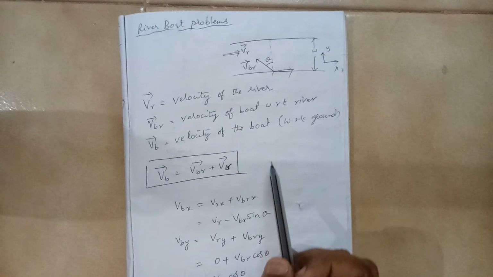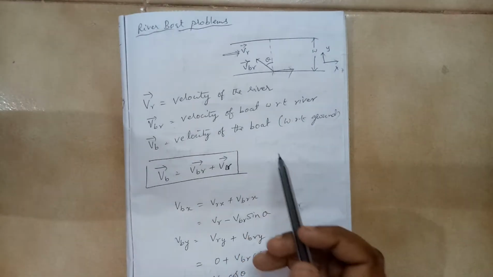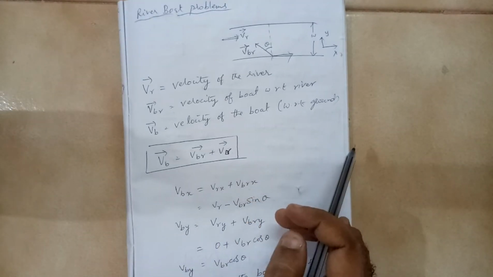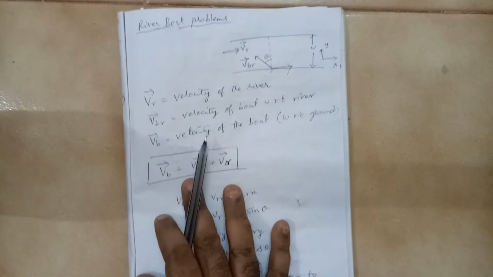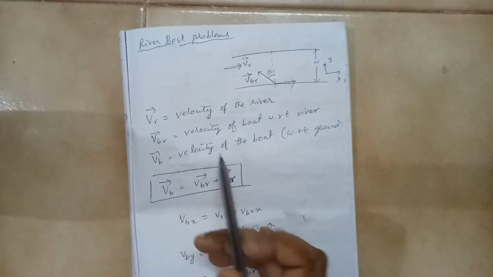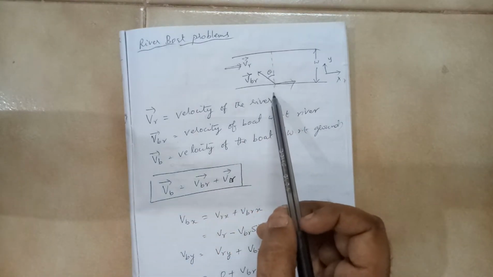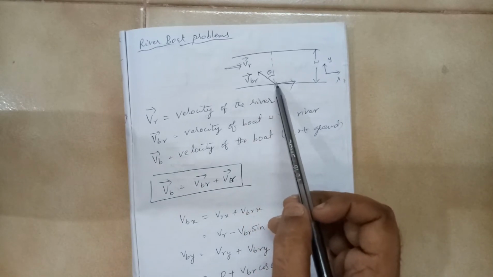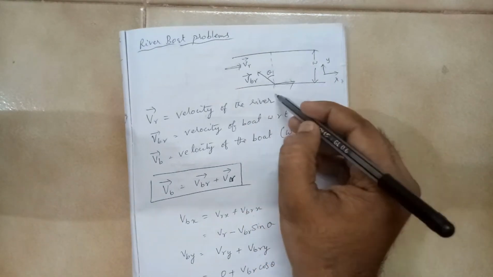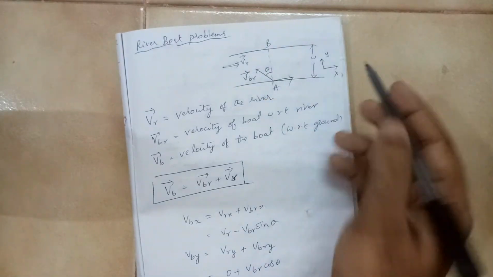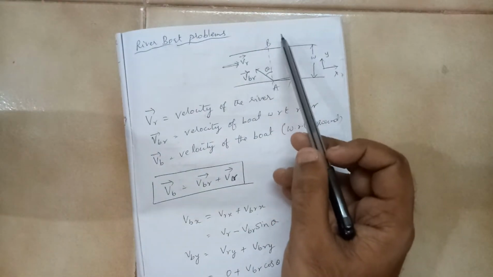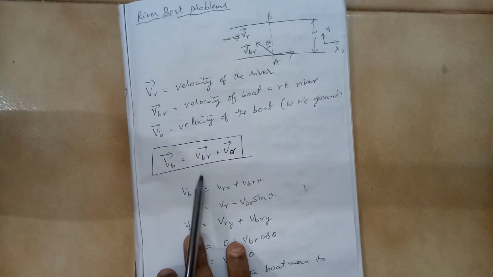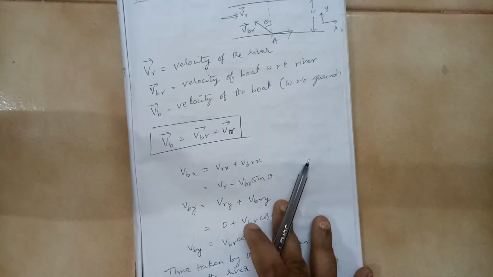Is it a one-dimensional case or a two-dimensional case? It is a two-dimensional case. How, we will discover now. Here we are taking the general case, assuming that the boat is going in this direction, making an angle theta with the width of the river. We are taking 2 points, let us say A and B. It is making angle theta with AB. We will discuss different scenarios and how to solve the problem.